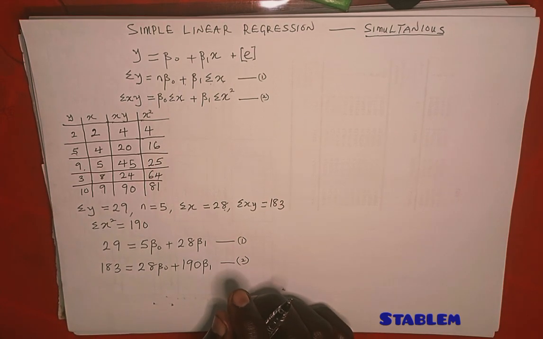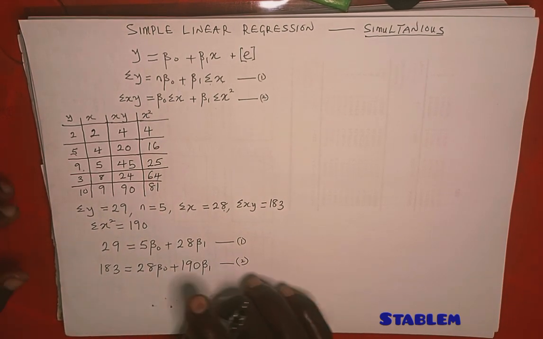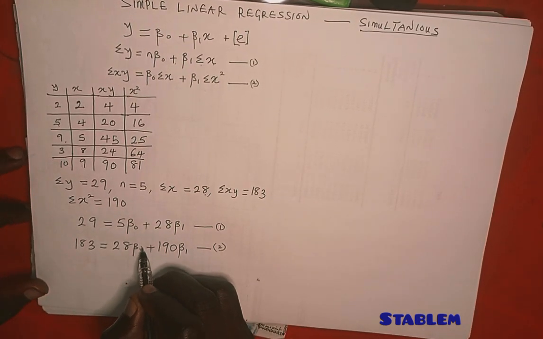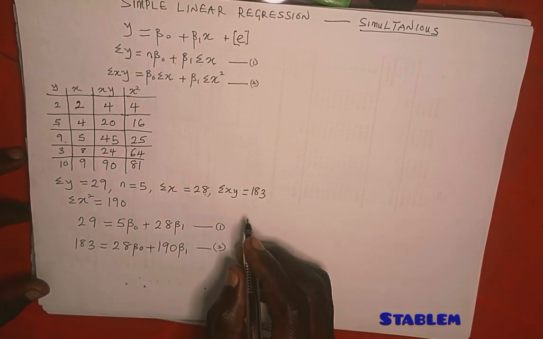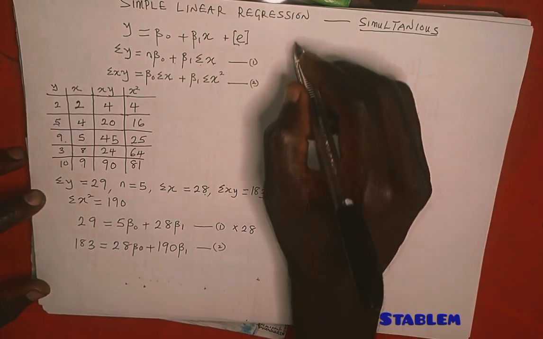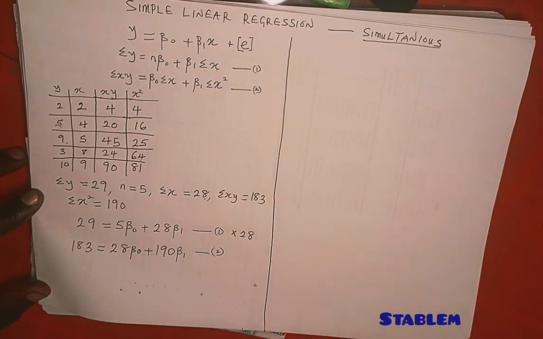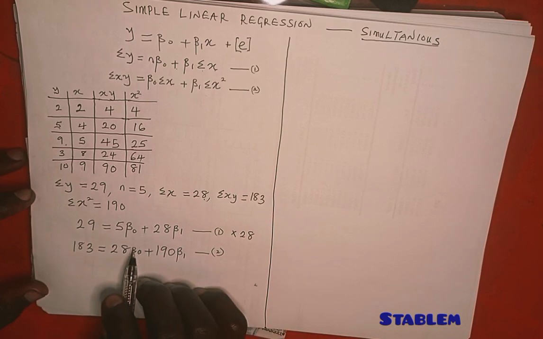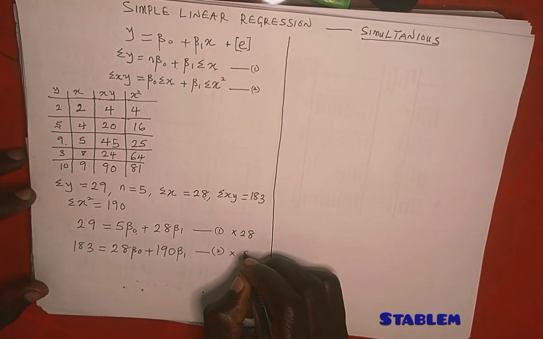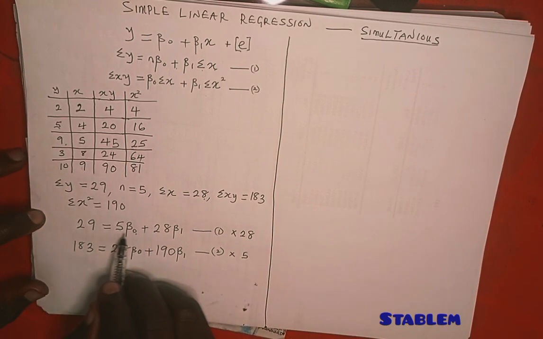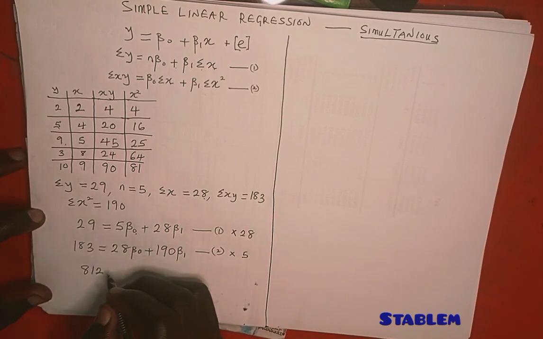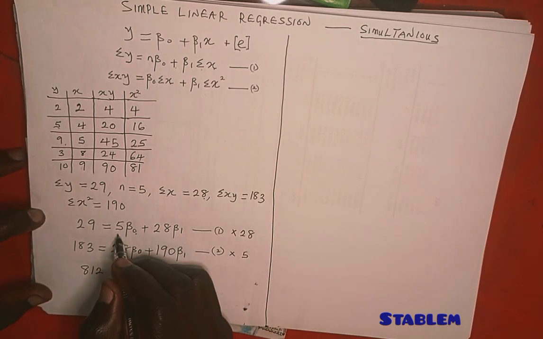All right. By the elimination method, we want to eliminate beta naught so that we can get the value of beta 1. And how do we do that? The coefficient of beta naught in equation 2, which is 28, we are going to use to multiply equation 1. The coefficient of beta naught in equation 1, which is 5, we're going to use to multiply equation 2. So we have 5 here. And if we multiply all these values together here, we're going to have 812, that is 28 multiplied by 29,